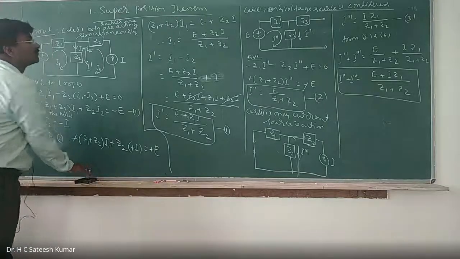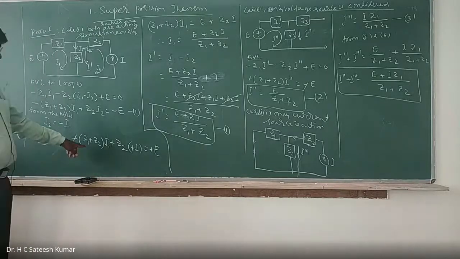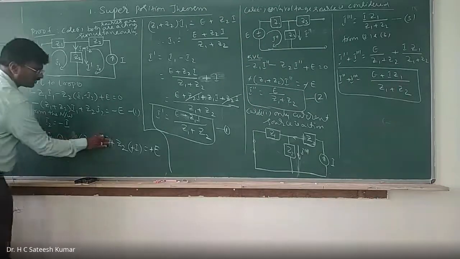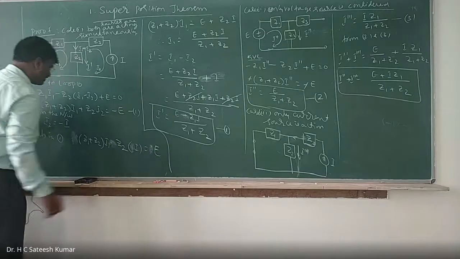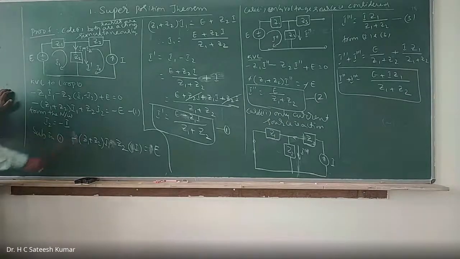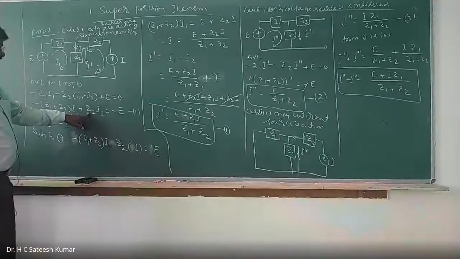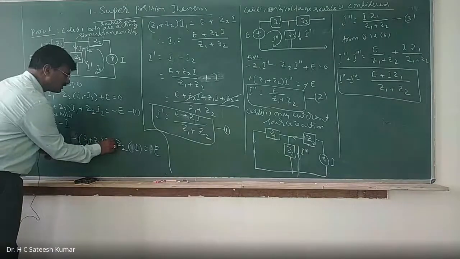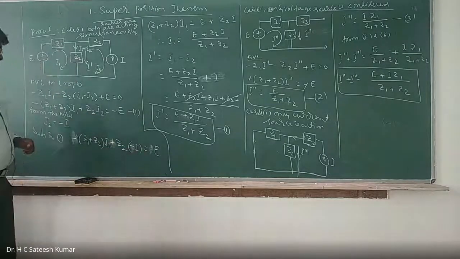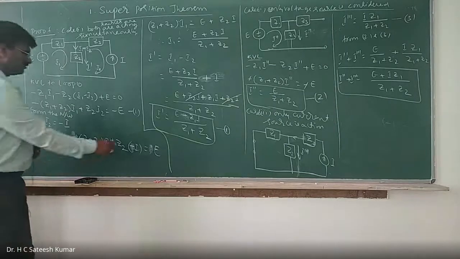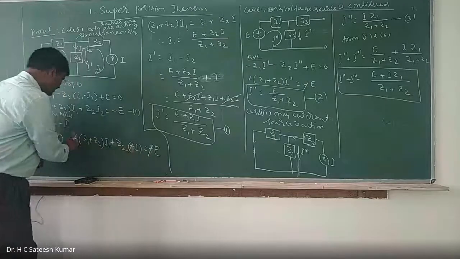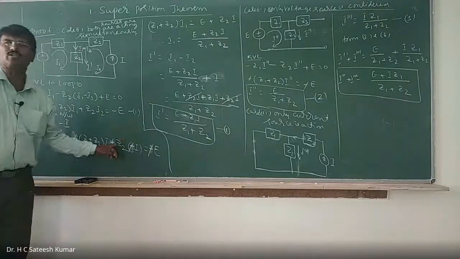Sorry. So what we have is, initially we got this one. Look here. So where exactly did we make the mistake? Minus of Z1 plus Z2 into I1 plus Z2 into I2 plus Z2 into I2. I2 is nothing but minus I, I wrote it here. And this is minus E. This we have calculated, and this one we cancel. This minus gets cancelled. Now you transfer this to the right hand side, it becomes minus.